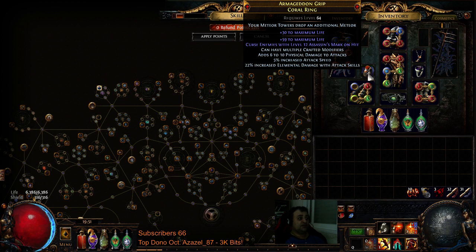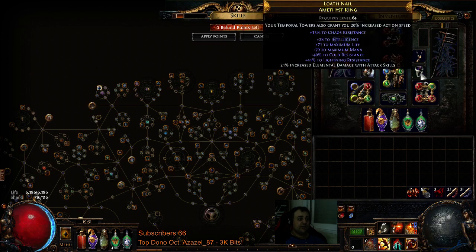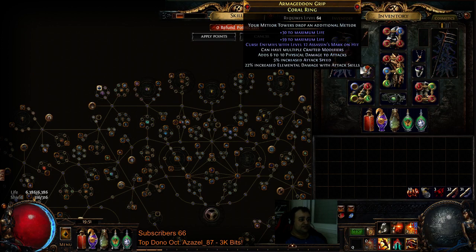Shaper's Coral Ring with a whole bunch of life. Assassin's Mark, I multi-modded it with some flat fizz, attack speed, and elemental damage with attacks. That's an incredible ring right here. Over here, just life resist. I believe it's the same ring that I had